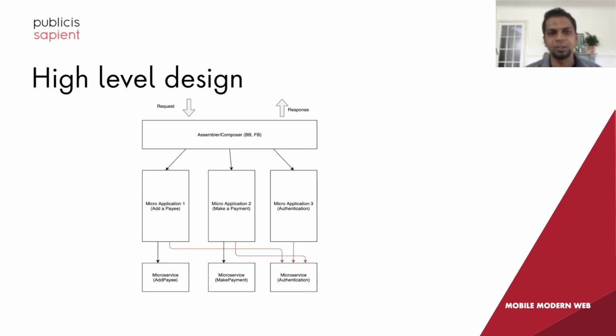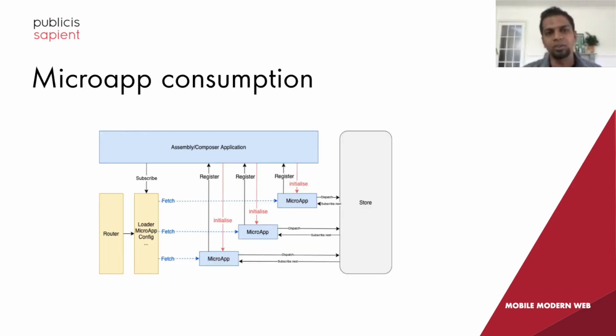So the assembler is supposed to be a smart layer, and the micro applications themselves don't understand how the entire application works. They just need to have context of what this individual micro application is and what feature it's showcasing to the customer. Just diving a little bit deeper, what we saw, the assembler or the composer layer,